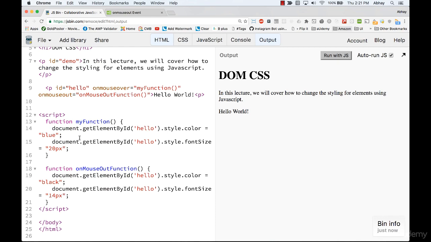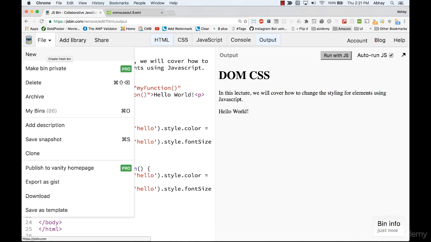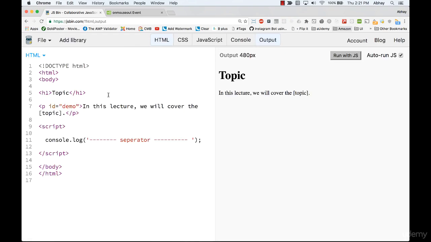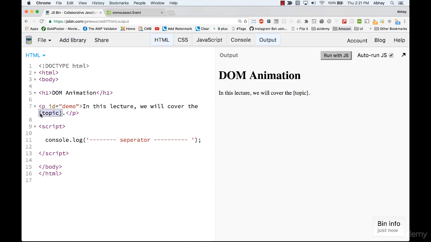Let's quickly try an example. So let me create a new one, which is, let's say, DOM animation. This will cover animations. Let's remove this. Okay, so my template is ready. Now let me start coding for things. Let me first quickly create a block in the body and call it a